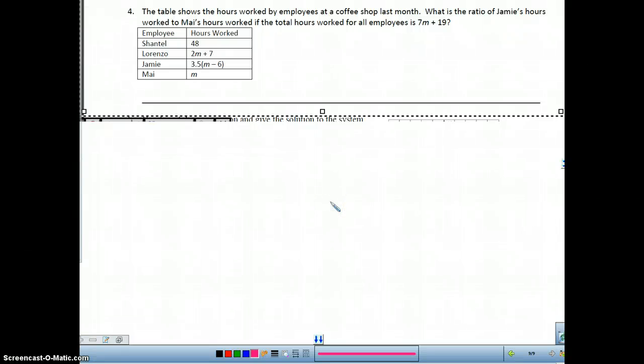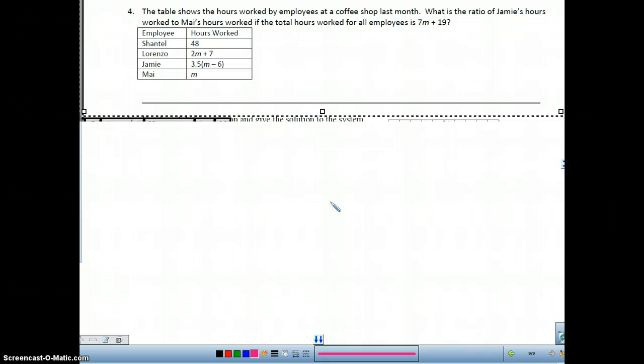All right, so here we are. We're picking up with number 4 on our third 9 weeks review in third period now. So who wants to read number 4? Jacob. The table shows the hours worked by employees at a coffee shop last month. What is the ratio of Jamie's hours worked to Maya's hours worked if the total hours worked for all employees